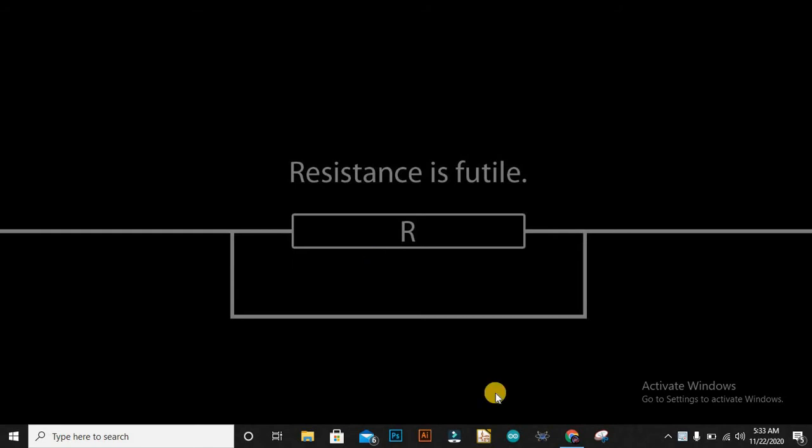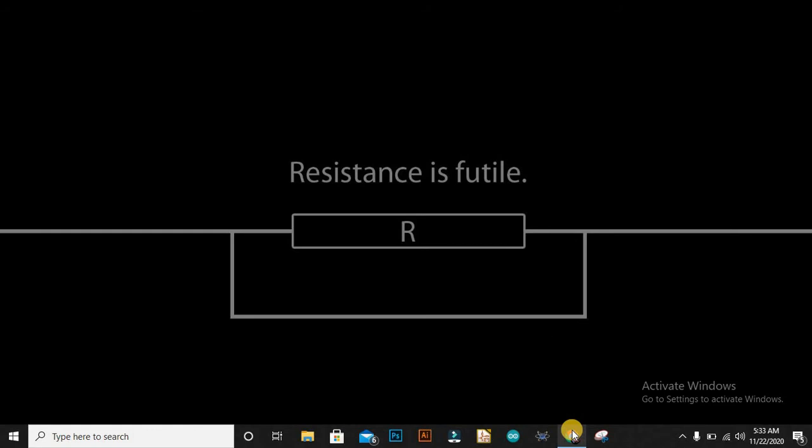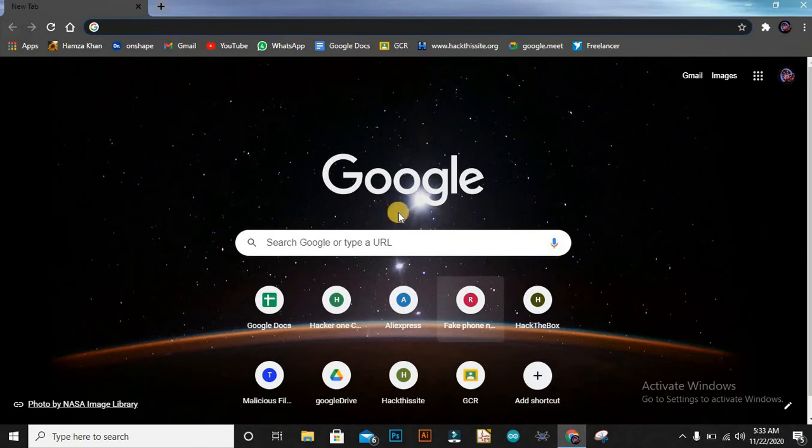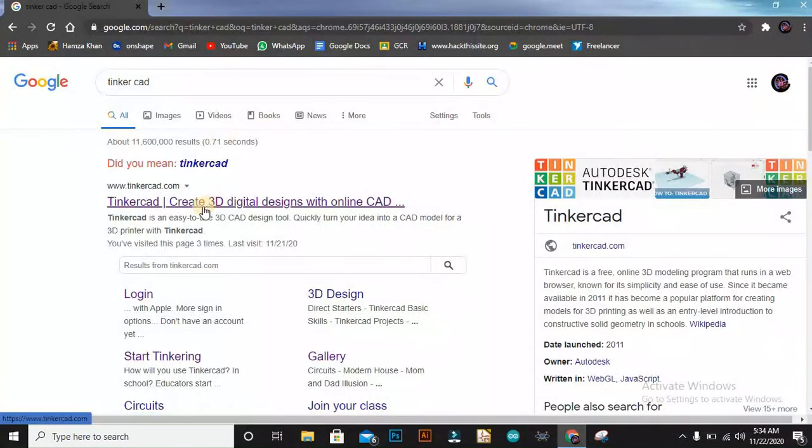That EDA is a browser based EDA. So open up your browsers, doesn't matter which one it is. In my case, I'll be using Google Chrome. After opening Google Chrome, search Tinkercad. Tinkercad in browser. Okay, here is the link. You can also see the link